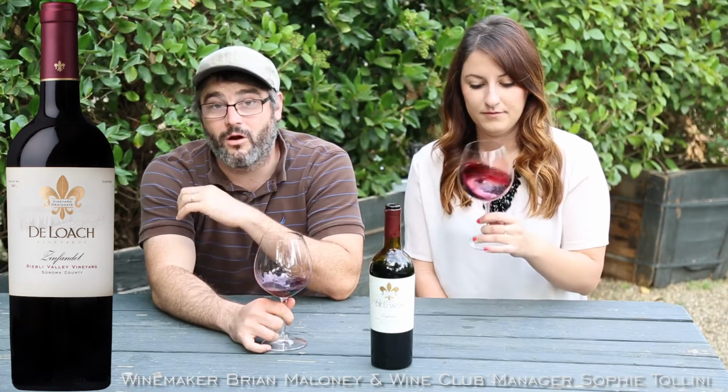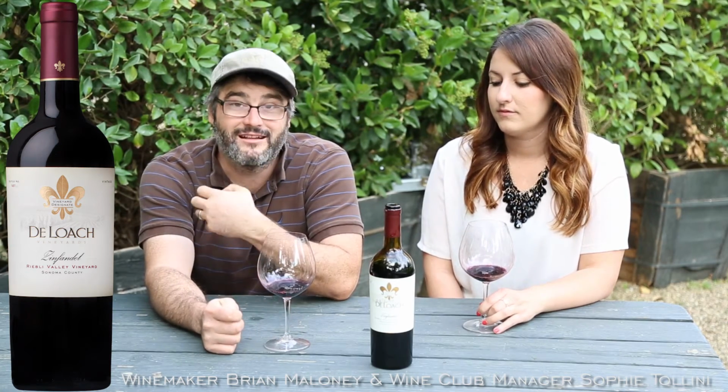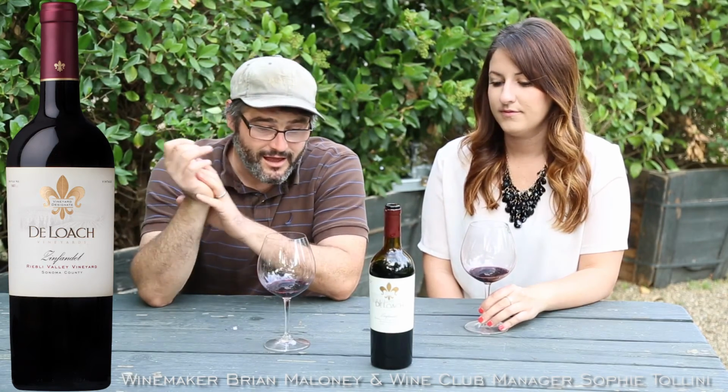This is one of those mixed vineyards where Zinfandel is dominant, but Petit Syrah is a very important component to what's out there. And as you can see in the purpliness of the glass, it is an incredibly dark, very structured, rich wine. We've been working with this vineyard since the 2004 vintage, and every year it has shown itself to be one of those concentrated, dense styles of Zinfandel. Unfortunately, due to the nature and age of these vines, it's very low producing. This is a vineyard where we're lucky to get a few tons off of it every vintage,